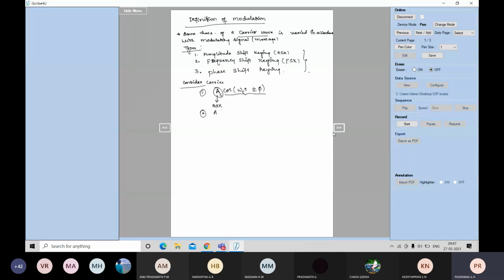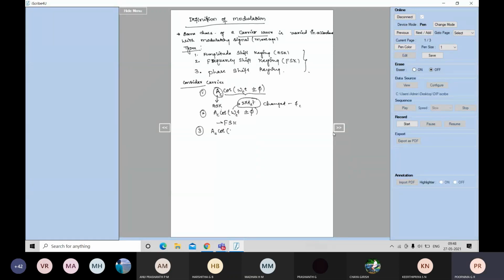The second method: Ac cos(omega_c t plus or minus phi), where omega is nothing but 2 pi fc t. When this term alone is changed, that is fc, it is termed to be FSK. The third technique,